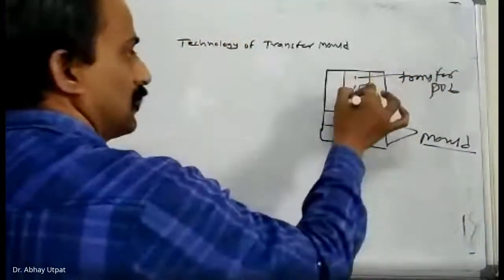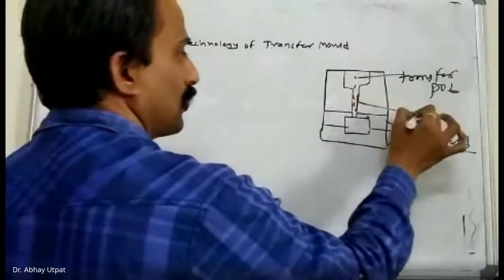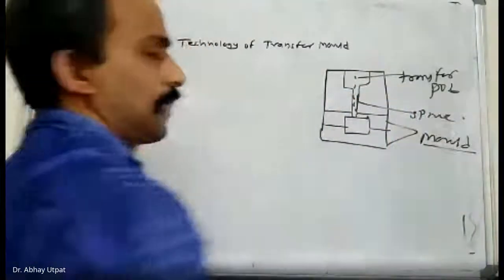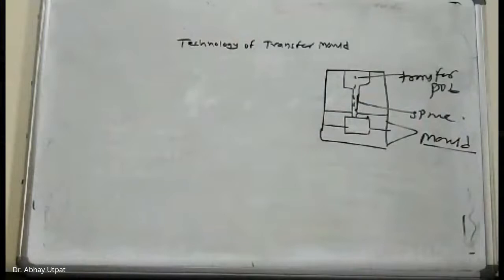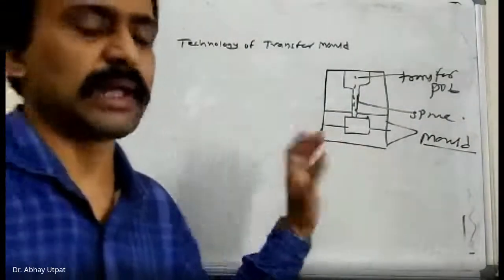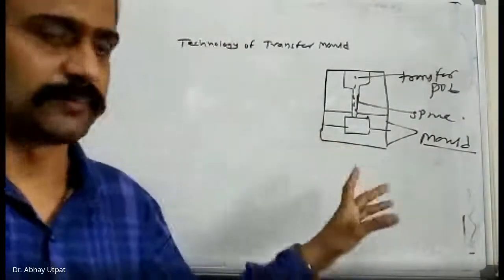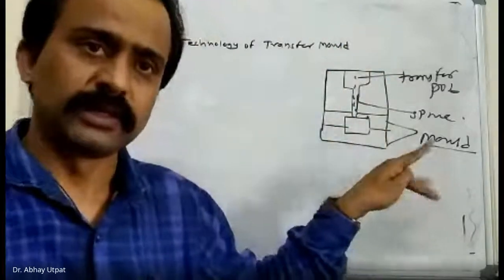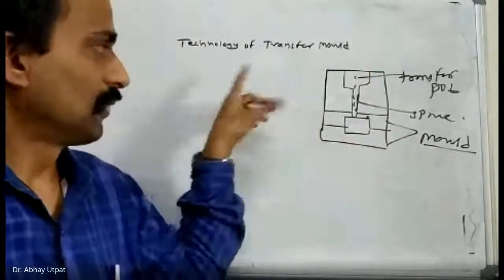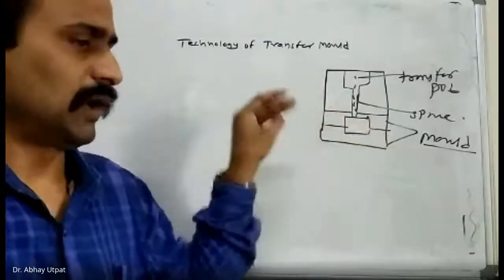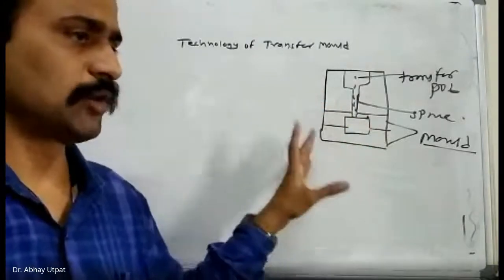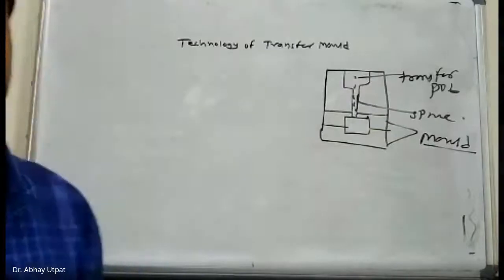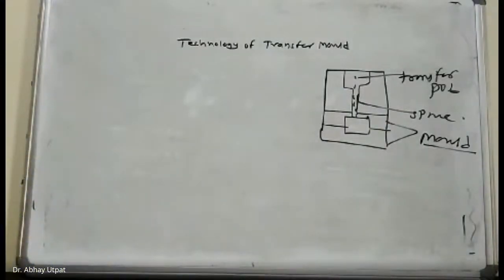And then material flows through this screw. This figure from unit number 2, I have just drawn as a schematic diagram. You might be remembering this good quality figure I taught you at that time. And then regarding this, what is exactly the difference between compression molding and transfer molding? At that time I told you, I repeat once again.